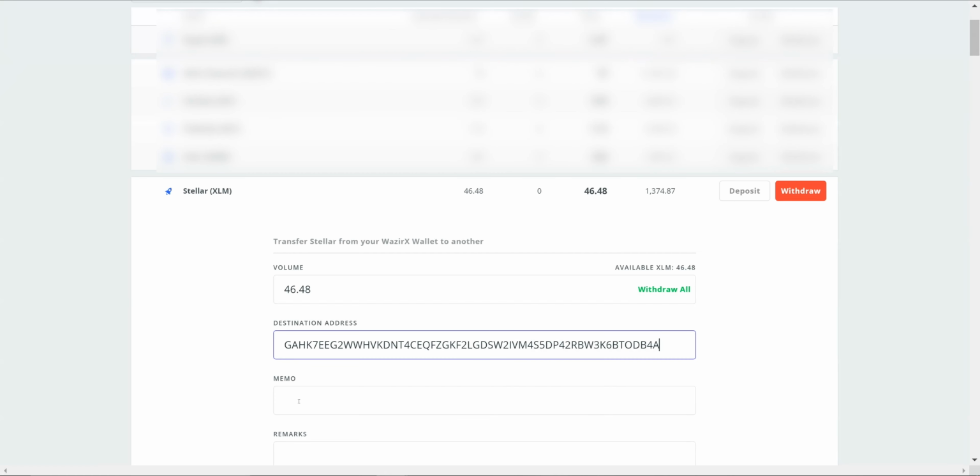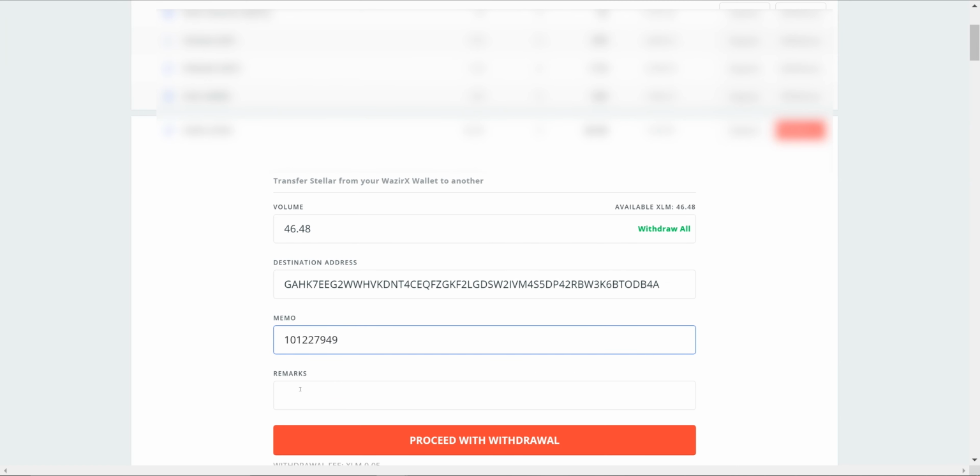Remarks is a necessary field to be filled, but it can be even a single letter. I input transfer and proceed with withdraw.